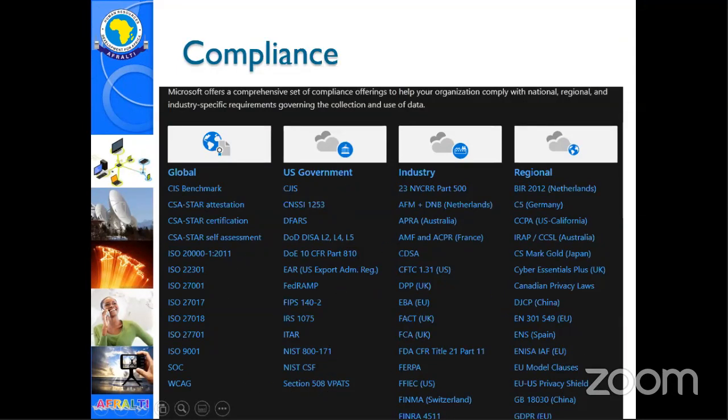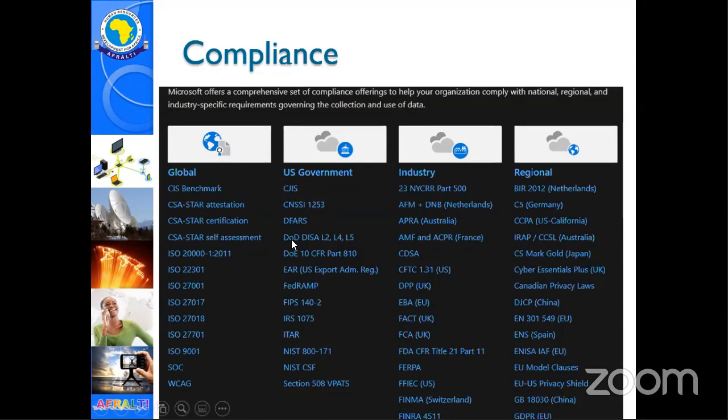And there are so many. Down there, bottom right, you can see GDPR, which is one of the most popular requirements that organizations have to meet these days. So if you're storing your data on the Microsoft cloud, the first question is, do those systems meet GDPR requirements? Then yes, they meet.